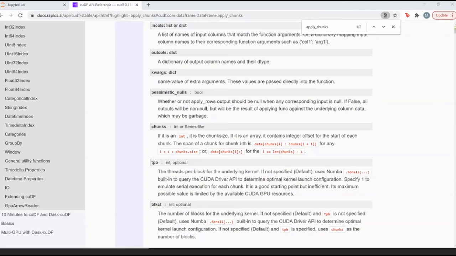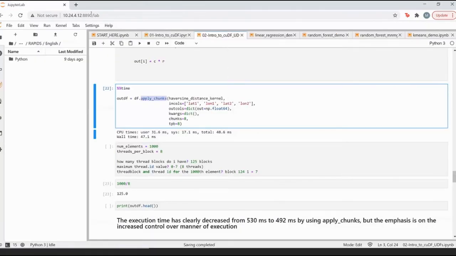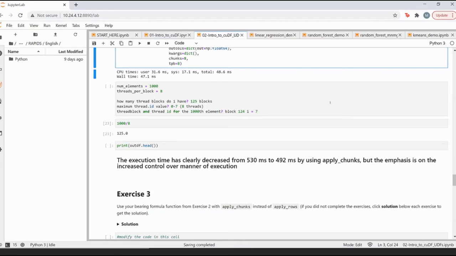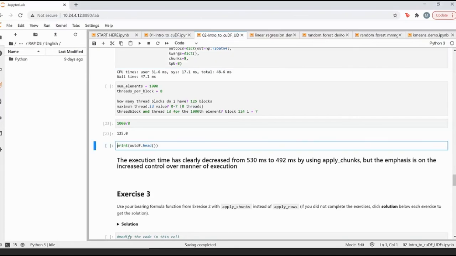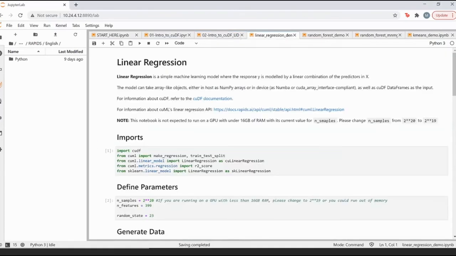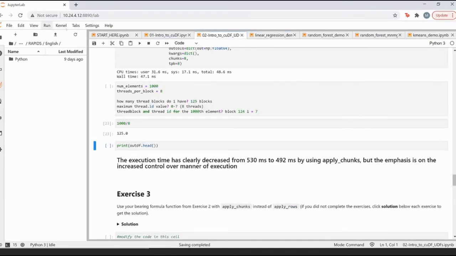Okay. So with that, let me now move on from the cuDF part, because we can keep going with all these samples, but just for the sake of time, I'm going to move to the cuML aspects of it. So now I'm just going to reset this CUDA kernel.